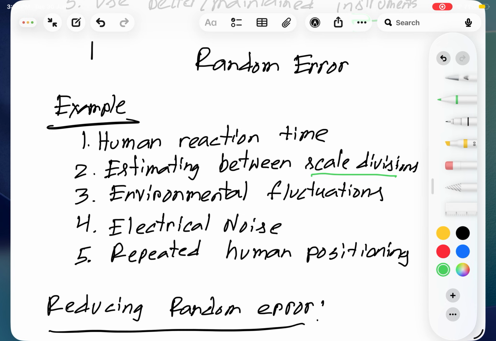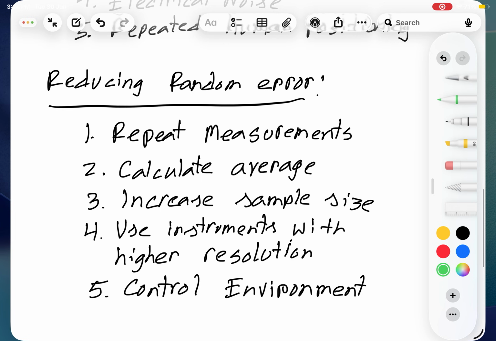Unlike systematic, there is not a consistent change. So that is why we call it random. So how to reduce the random error? Main thing is you repeat the experiment. When you repeat the experiment, you find out which value is anomalous, and then you can change it, and then